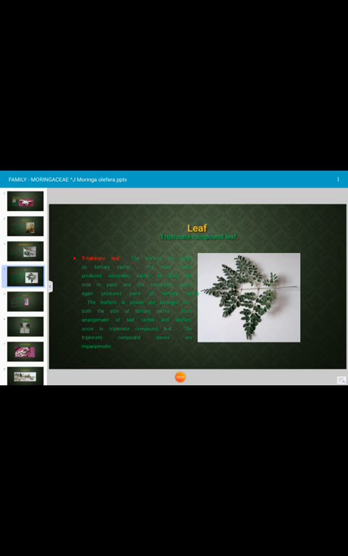Such arrangement of the leaf rachis and leaflets occurs in tripinnate compound leaf. The tripinnate compound leaves are imparipinnate in case of Moringa oleifera. What is imparipinnate condition? That means the pinnae are uneven. An odd number of pinnae are there. At the end of the rachis, a single pinna is there. It has no pair. Such condition is called imparipinnate. And this is a tripinnate compound leaf. That means in moringa it is an imparipinnate tripinnate compound leaf. Okay, next.